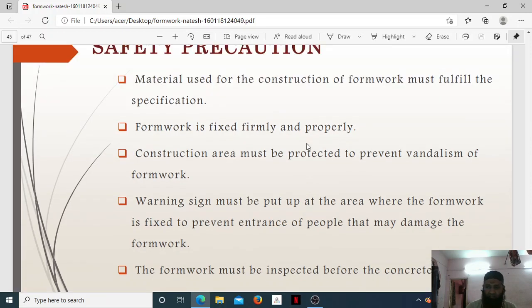So all these things are very important before going for construction of slabs or beams. Formwork should be very thoroughly checked, because it contributes about 30 to 40% of the cost. So what we request is, don't try to save the money at this place. The money shouldn't be saved at this place, because lives are more essential and costly than money. So the formwork should be good enough to take these loads.